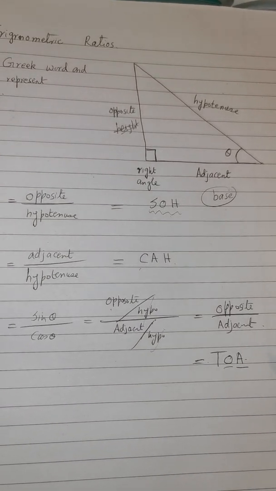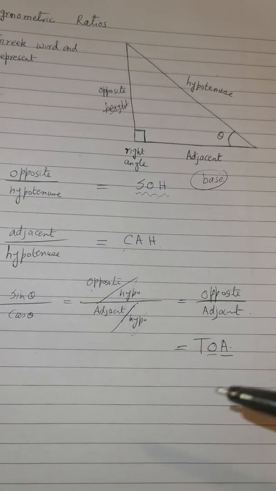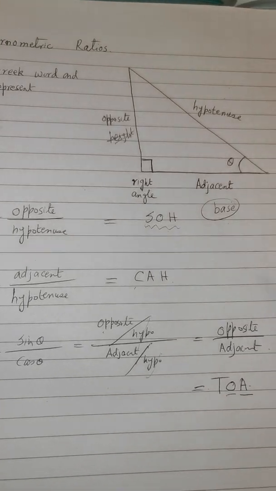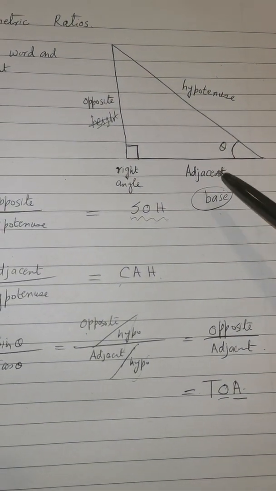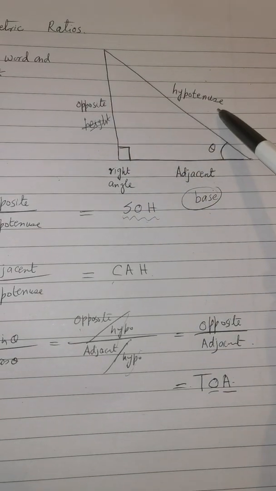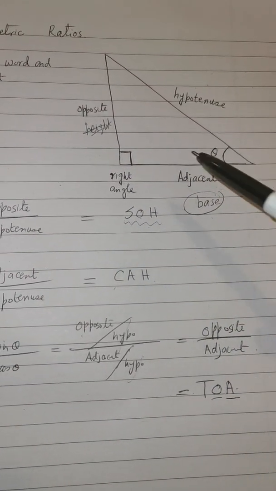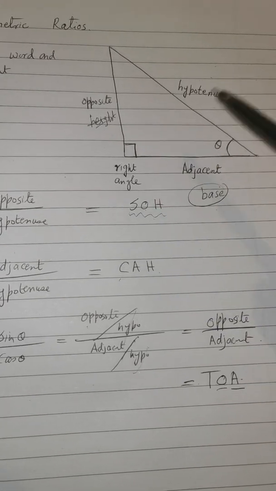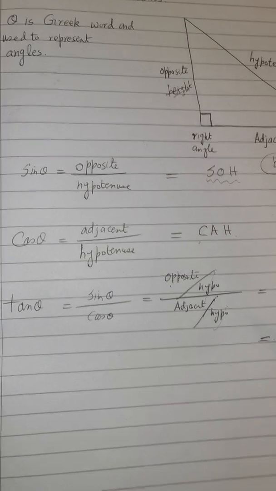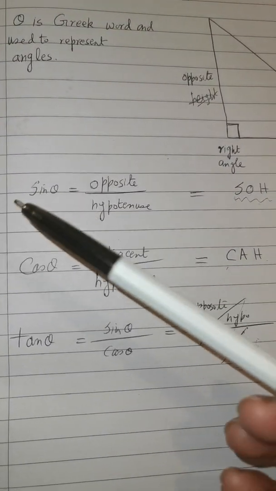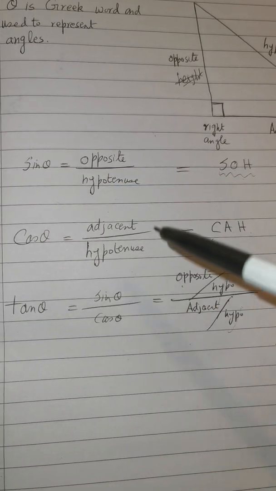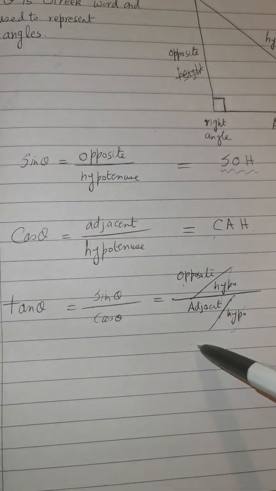So if you want to remember like that, you can, or you can also remember it as sine theta is equal to height over hypotenuse and cos theta is equal to base over hypotenuse. Some people use it this way, some use adjacent and opposite. It depends on you how you remember it. It's a very easy formula, and these three formulas are called trigonometric ratios.